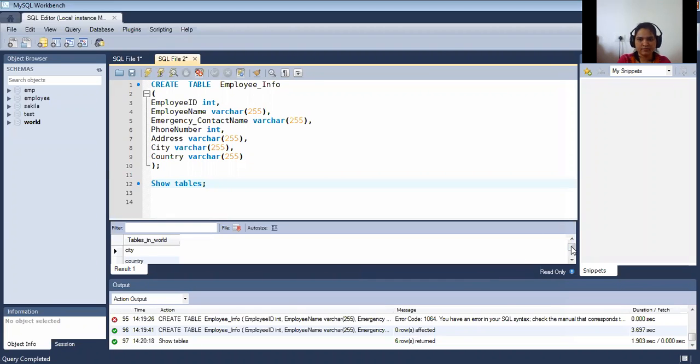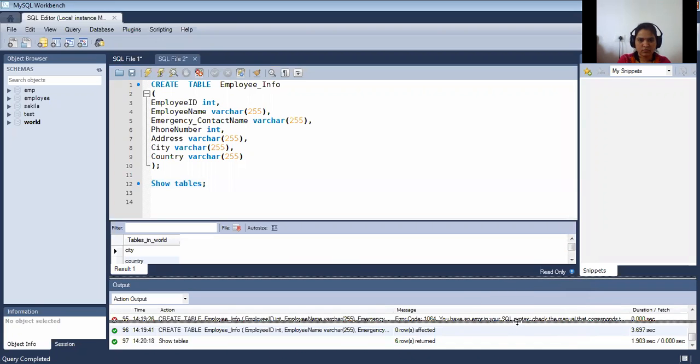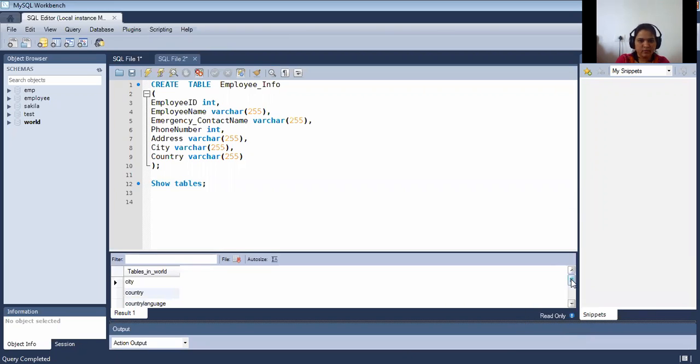Here is the result. The tables already available are city, country. See over here, the table list is here. And let's see whether employee info is created. Yes, employee info is created just now. Okay.